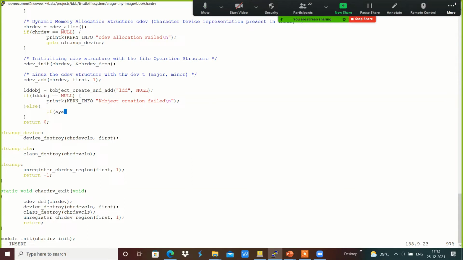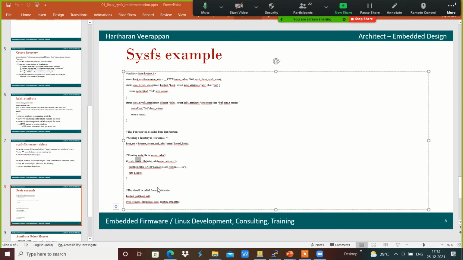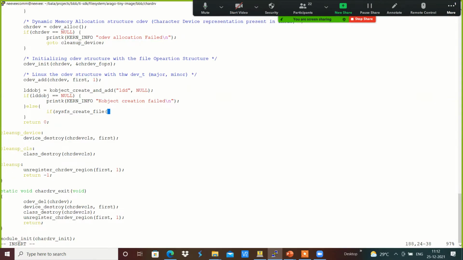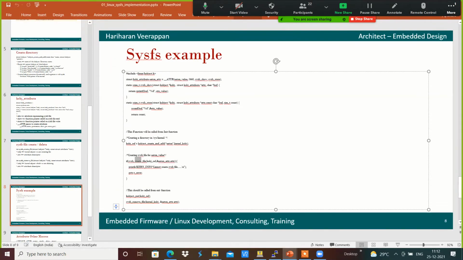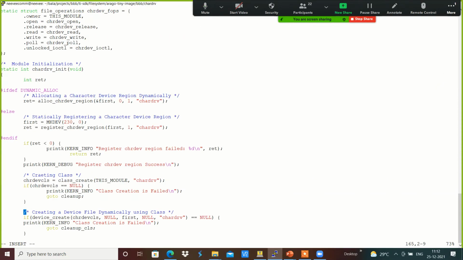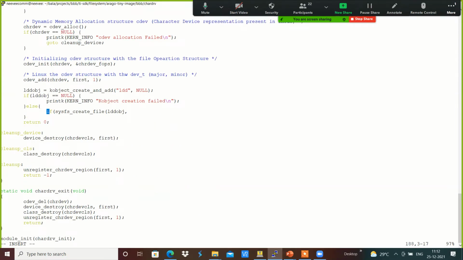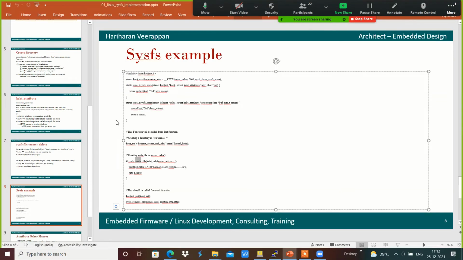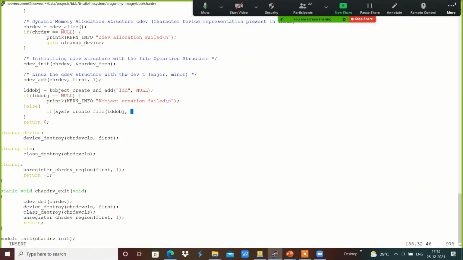If sysfs_create_file over here, we are going to pass the arguments: ldd_obj, which is the kobject, the kernel object over here, and then we have the attribute. ldd_attr is the attribute which we are going to use over here, and for that we will be having ldd_attribute.attr over here.